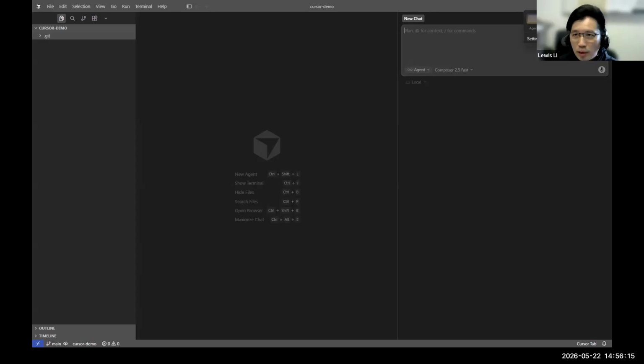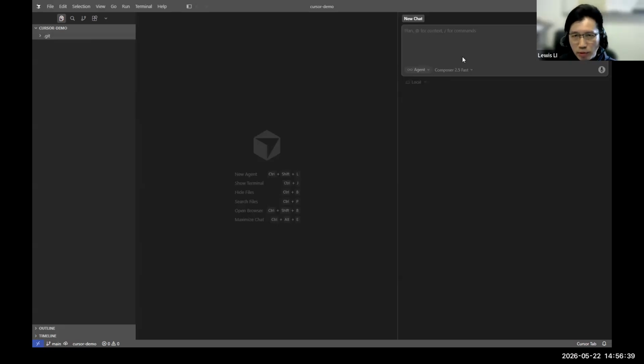For example, if you select the editor mode, you will see this is the editor mode already. On the left hand side is the file structure, or if there is any file that you create later on, you will be able to see it here. In the middle is the coding, and on the right hand side is the chatbot.